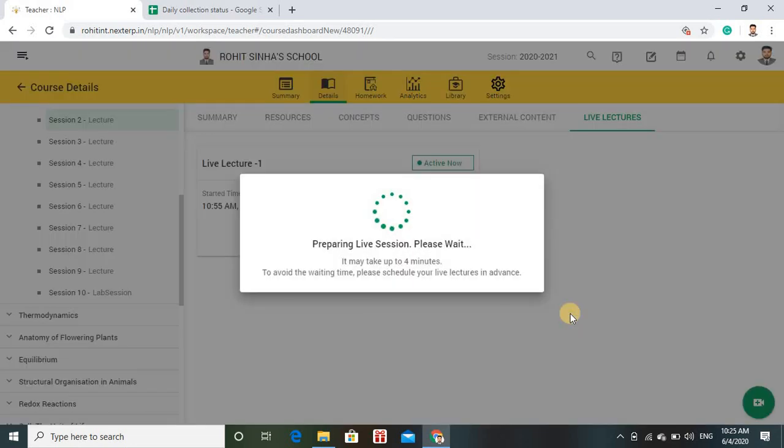Now click on continue. Previously, once you clicked on start live lecture, a new pop-up window opened in Chrome, right? But this time, you will see a new tab. Okay, so I'm just going to close this one. Now see, a new tab has been opened. Previously we had a new pop-up window, this time new tabs only, right?